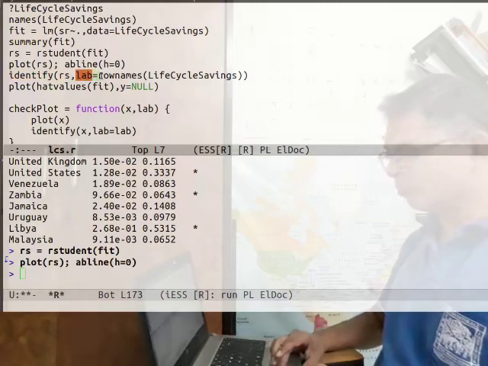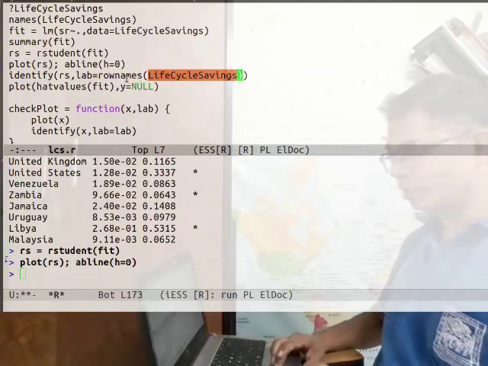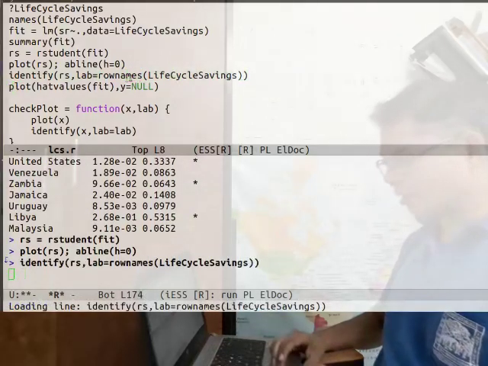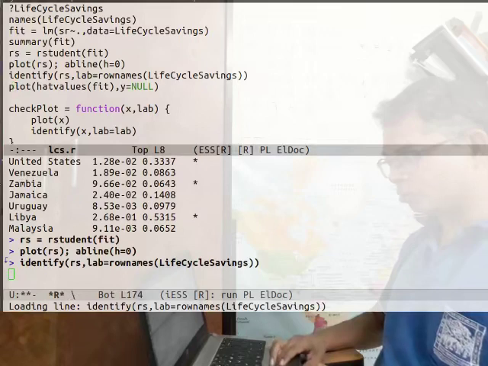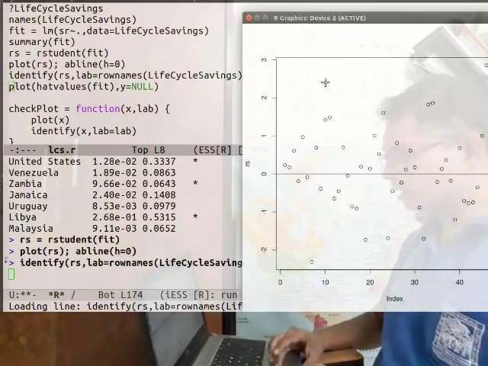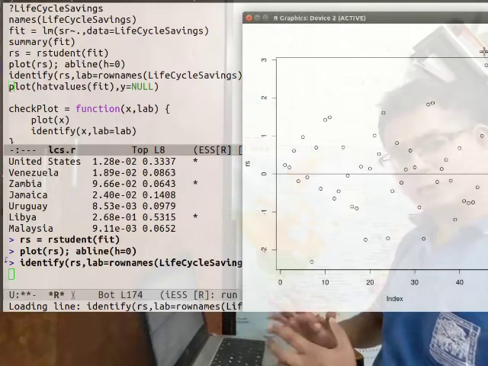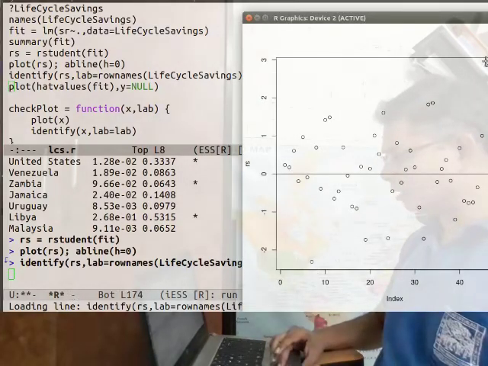In this case, I provide as labels the row names of my data set, namely the names of the countries. The moment I execute that, nothing apparently happens. You go to the plot and you will see that your cursor has changed to a plus sign, much like locator. It is calling locator internally, and then you take your cursor to that point and left click,